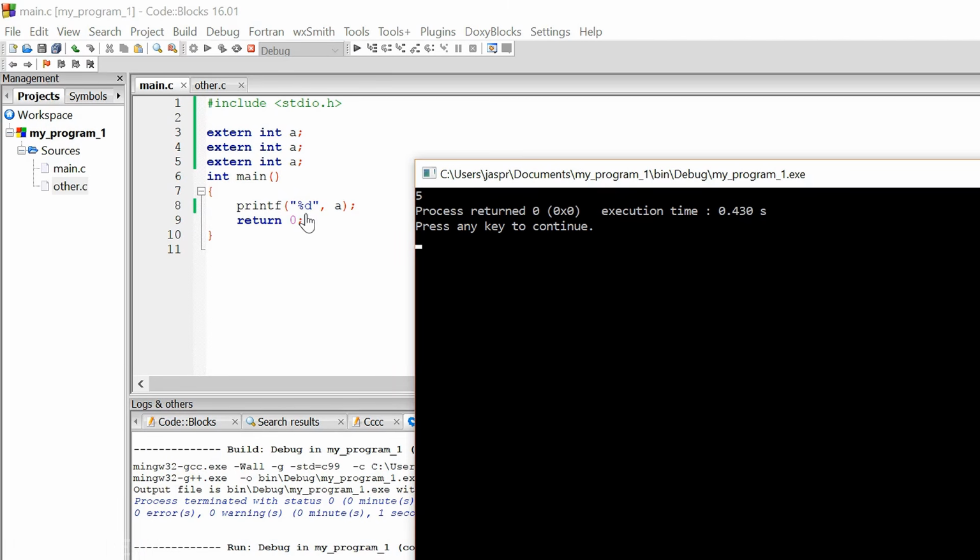Because here, I've declared this variable and I'm not defining it, right? By using an extern keyword in front of an integer variable, you are declaring it and not defining it. It is totally allowed. Multiple declarations are allowed, but multiple definitions are not allowed. If you write integer a multiple times within the scope or block, or you can say a function, then it is not allowed. Multiple declarations are allowed and multiple definitions are not allowed.